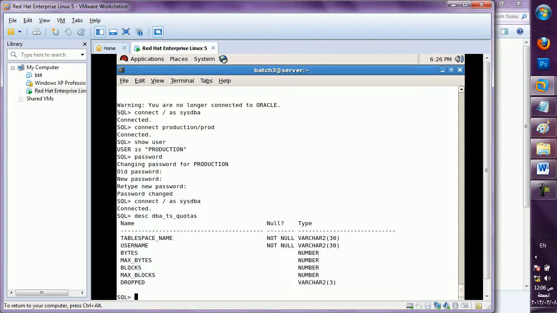I can't see the password because it is in an encrypted format. I can change it anytime. If he forgets, I can change it just by alter user username identified by. Simple. If I know the username, I can change that user's password anytime.